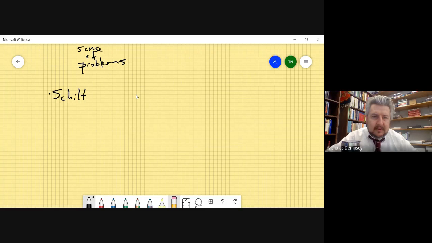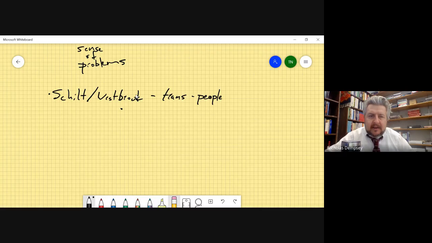So remember, the focus in Schilt and Westbrook is on trans people, and a couple of different things, but really, a way to remember the main points of the article, I would say, probably framing is a good way to think about it. And you'll recall that there is a frame, especially for trans men,